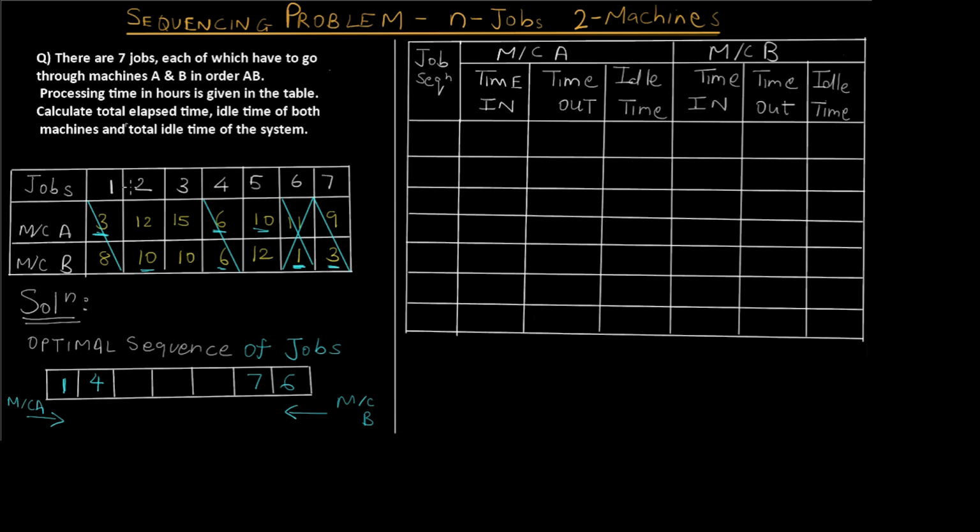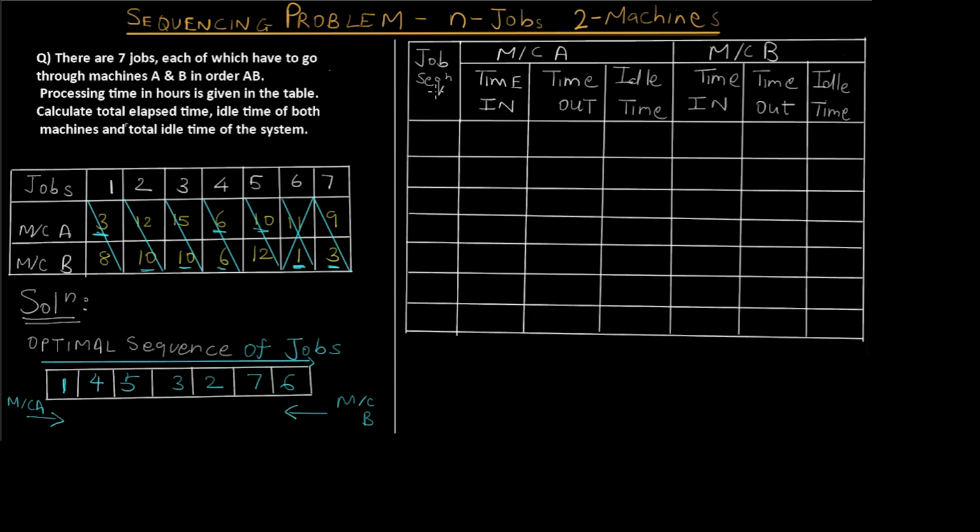For job number 2, it's machine B which has the least value, so I'll start from right to left. I'll write job number 2 and cancel out this column. For machine A, it's from left to right, so I'll write job number 5 and cancel out this column. And again, we have one more 10 value. It's for machine B and job number 3, which is the last one remaining. So I'll just write it out and cancel out this column. Now we have the optimum sequence of jobs. This is the sequence, starting from left to right, that we are going to process.